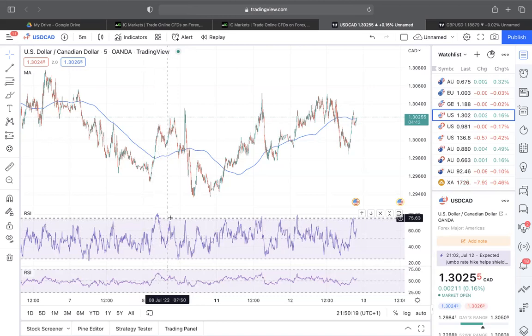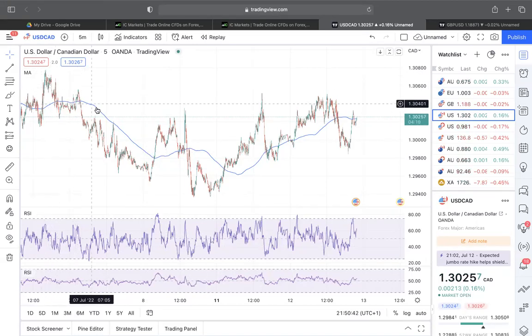So essentially, if it gets closer to the top, it's overbought, so in theory it should go down. If it gets closer to the bottom, it's oversold, so essentially it should go back up. That's the theory behind it. Obviously, it's not as easy as that. I can make a separate video about it, and you can get into it a little bit more. But the second indicator I use a lot is the MA, so the moving average, and the